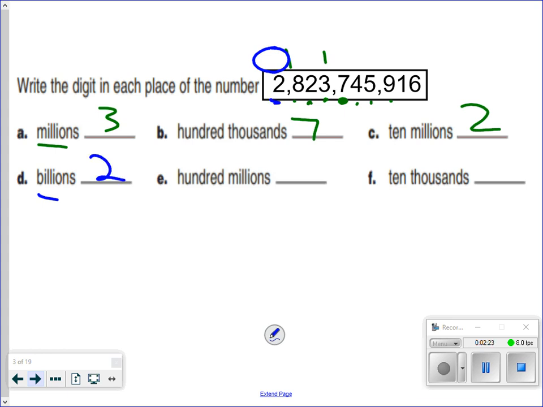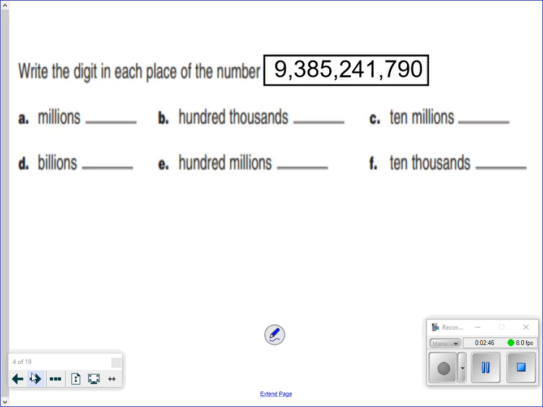100 millions. Tens or thousands, and we're in the millions. This is 1 million, 10 million, 100 million. We got an 8. 10 thousands. Well, if this is our thousand zone, the 5 is our thousand. The 4 is our 10,000. It's that easy. We're going to do another one here. This time I'll actually say the number out right away. The number is